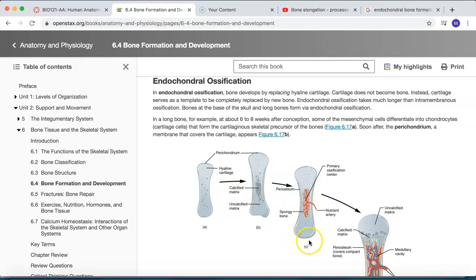If we go over to the next picture here, what you're beginning to see is something called the periosteal bud. This is called the periosteal bud. It's when an artery penetrates through the bony collar and brings arteries and blood vessels into this calcified matrix. And when it does so, it brings with it some of the osteoblasts that are found here in the periosteum